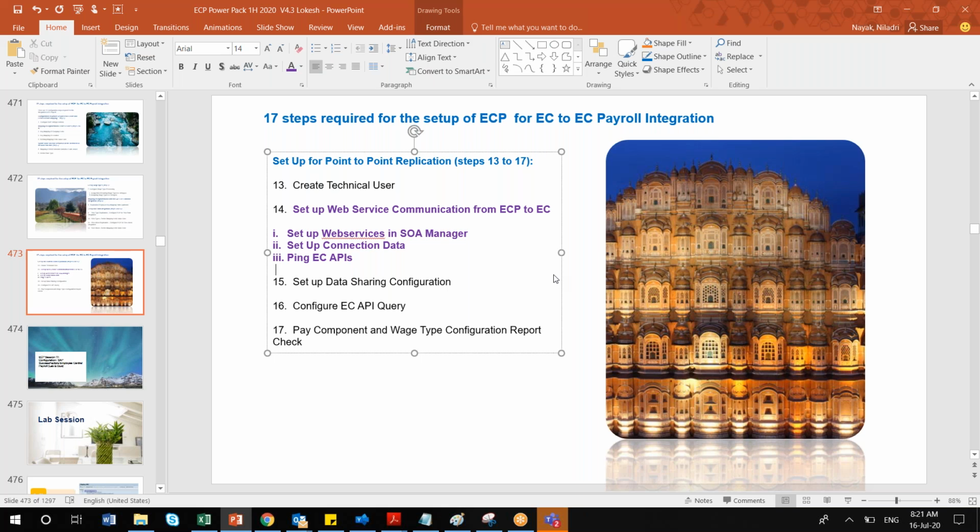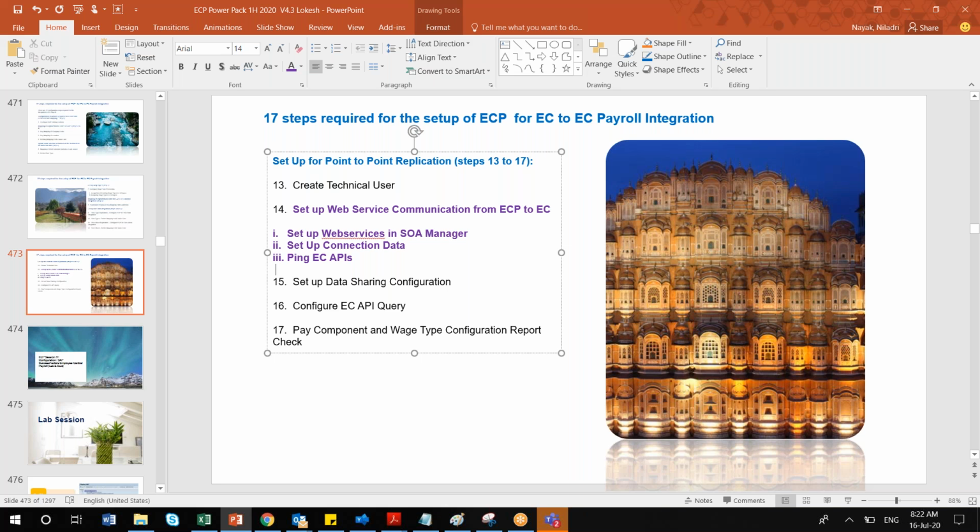I'm not asking you to give me details on what the compound employee API is or how the API is written and all that stuff. I'm not asking that because that's purely technical and purely integration. What I'm asking is basically the two-way communication between EC and ECP, and in layman terms, explain to me how this point to point is working, because this is almost our 10th session on